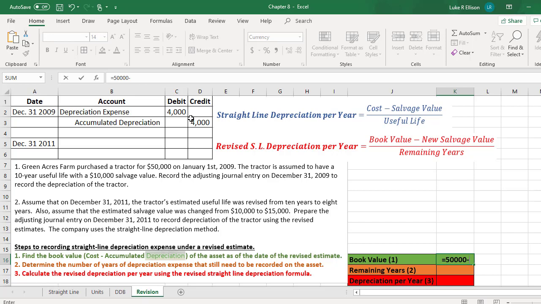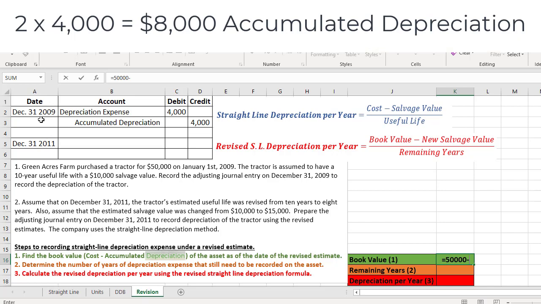And as of December 31st, 2011, which is when we're going to be doing this new journal entry, there have been 2 years worth of depreciation recorded. There would have been 2009 and then 2010, and we're about to do 2011. So that's 2 years of depreciation already recorded, times $4,000, 2 times $4,000 is going to be $8,000 of total accumulated depreciation. So we subtract $8,000 here